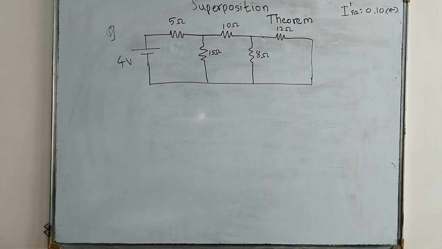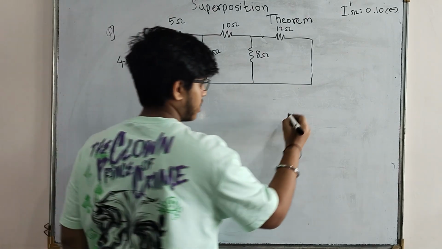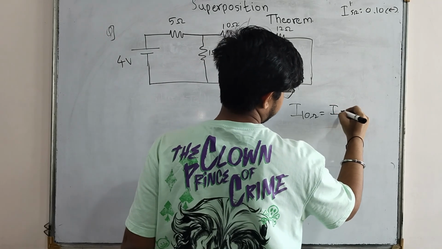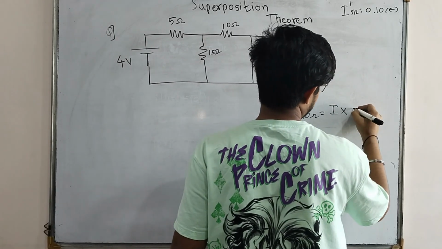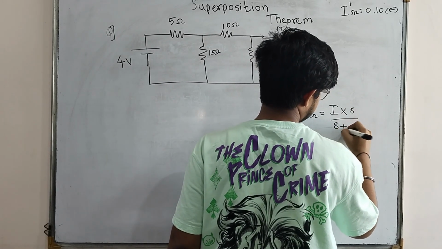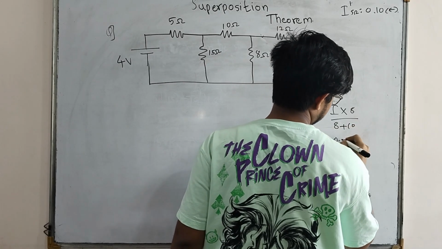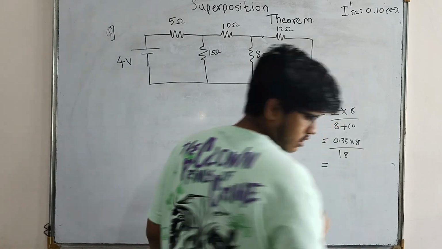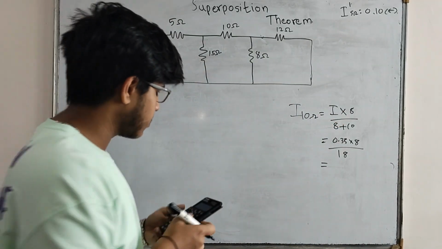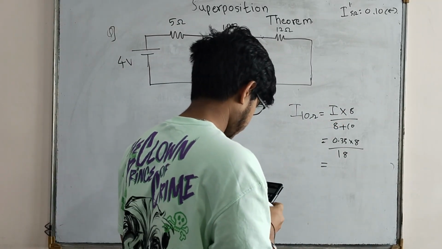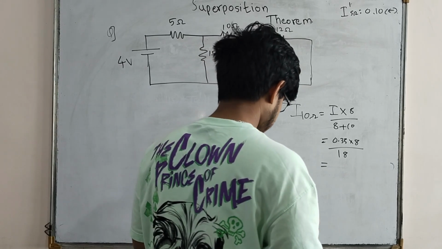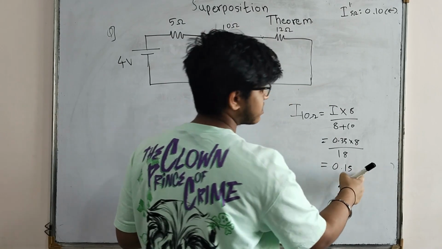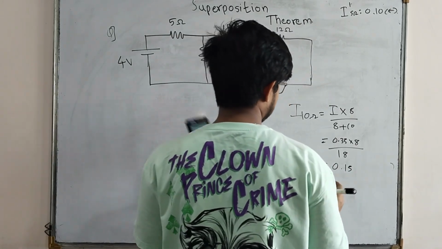Okay, so while solving there was a slight mistake. I just wrote there I through 10 ohm will be equal to I into 8 divided by 8 plus 10, which turns out to be 0.35 into 8 divided by 18. Answer turns out to be